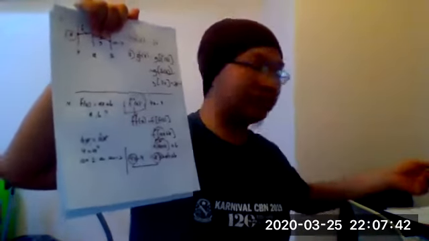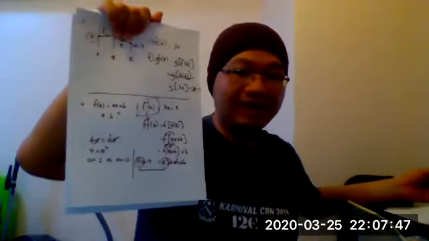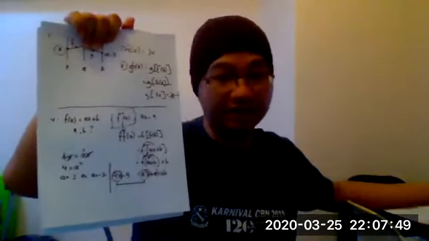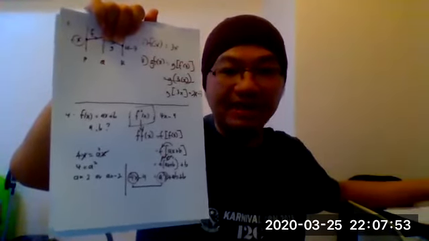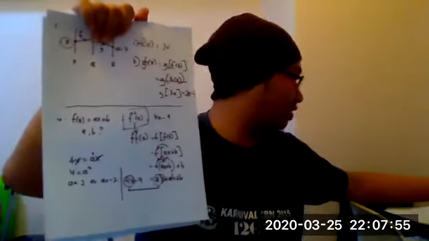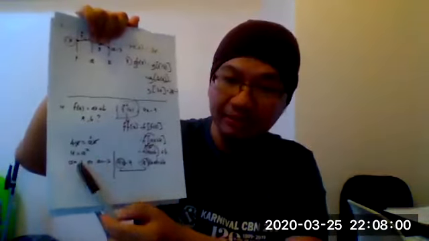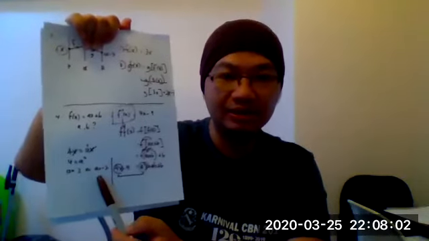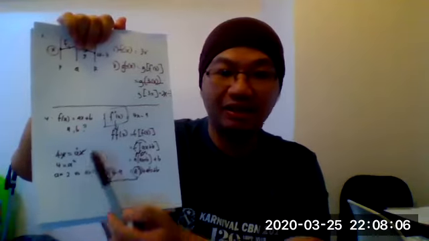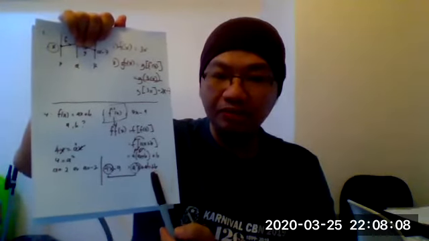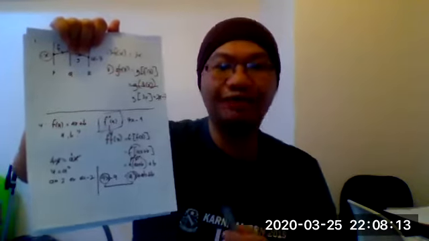Because the question doesn't mention that a must be more than 0 or that a must be negative or positive. The a is a general constant. A can be positive, a can be negative. There's no condition in your question number 4 here. So you must accept both answers. Since we got two values of a, we are also going to have two values of b. How to find b? That's the question.